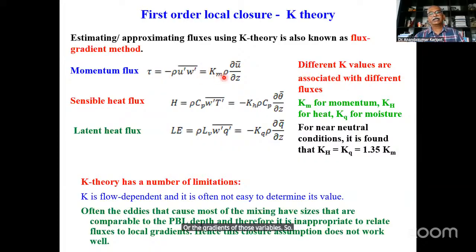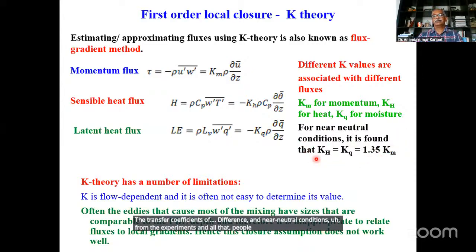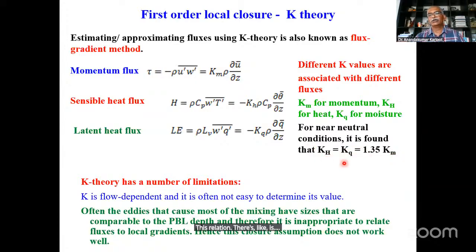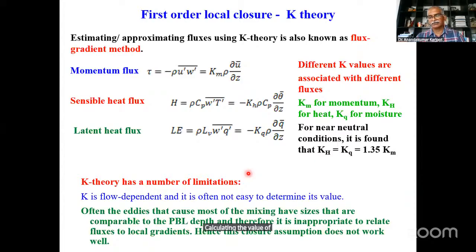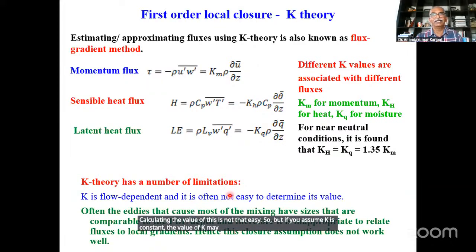For momentum, heat, and latent heat, the transfer coefficients are different. Near neutral conditions, from the experiments and all that, people have found that KH is nearly equal to KQ, but it has to be multiplied with 1.35 to get the KH with respect to Km. And this K theory has several limitations. K is flow dependent, so we cannot assume that it's a constant. Calculating the value of this is not that easy. And if you assume K is constant, the value of K may vary in a very large range, starting from